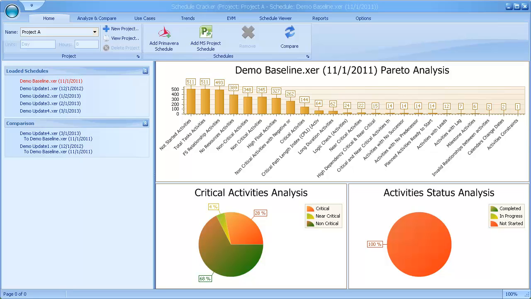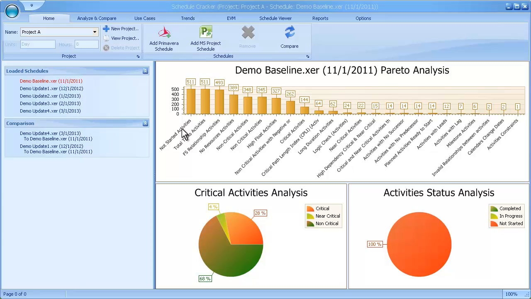Sound baseline check. After developing the project's baseline schedule based on contractors' means and methods and utilizing the project drawings and specifications, the schedule developer should perform a detailed assessment of the soundness of the created baseline. Schedule Cracker will help the project manager to confirm the integrity of the schedule structure and speed its approval by